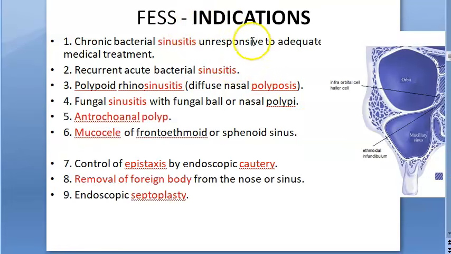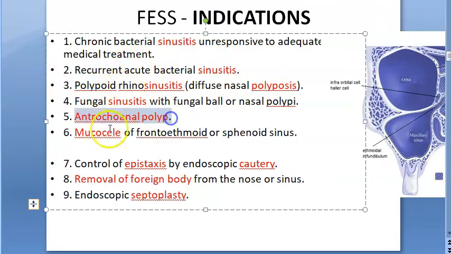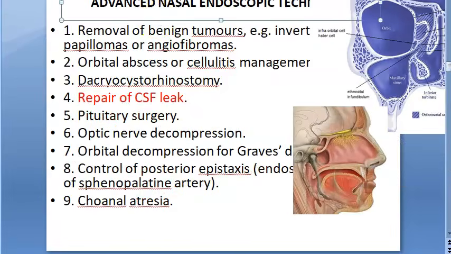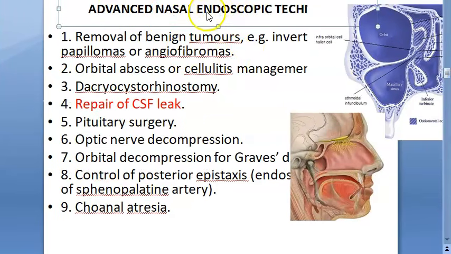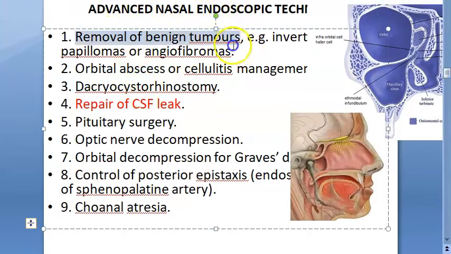So basically, what are the indications of FESS surgery? Any sinusitis, bacterial, fungal, polypoidal, antrochoanal polyp, mucocele, frontoethmoidal, sphenoid sinus mucocele. Then epistaxis, you can do cautery, you can remove a foreign body, you can do septal surgeries, right? Then advanced things that you can do with nasal endoscopic technique is you can remove some tumors. Please don't forget, you can remove tumors like